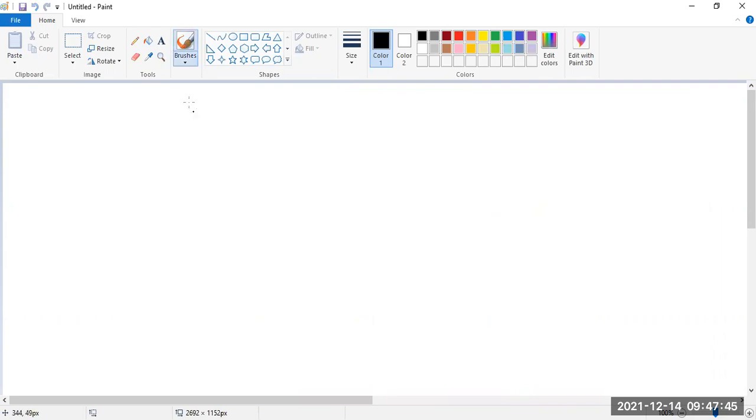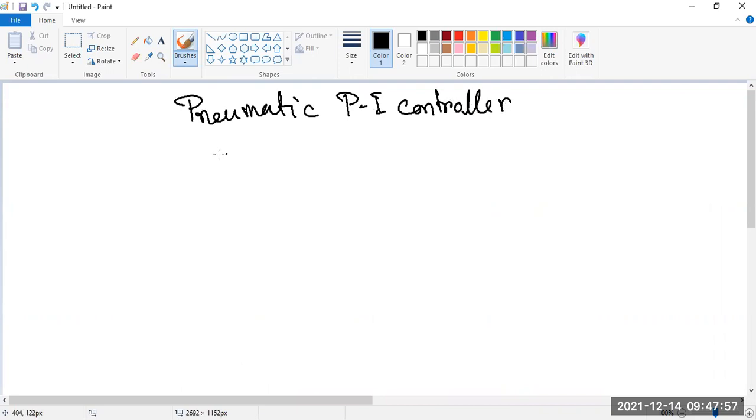Now it is the pneumatic P and I controller. So the picture is just like the same, but here